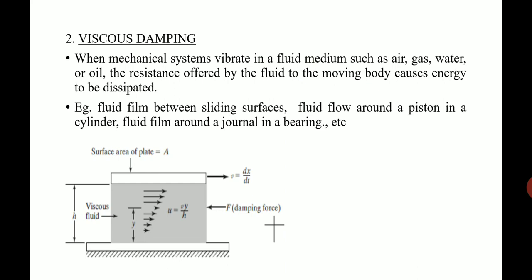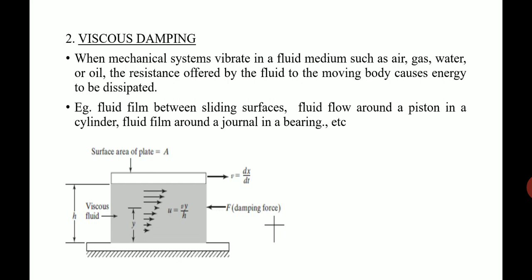The second kind of damping is most commonly used for modeling. It is called viscous damping. As you can see, some kind of viscosity of air or gas or whatever fluid may be used to arrest the amplitude of vibration. So in that case, you can model the system by considering a damper, a dashpot where you have a fluid filled and a piston acting on it, or a sliding motion between two plates, or whatever it may be. So here we are going to consider a case.